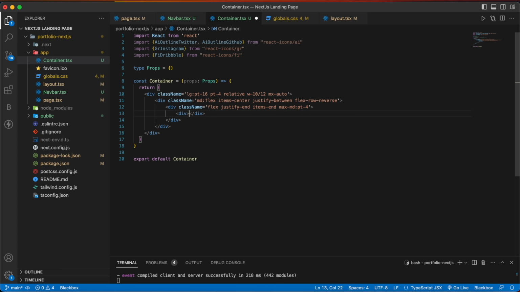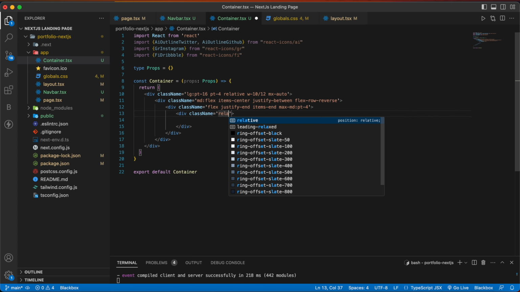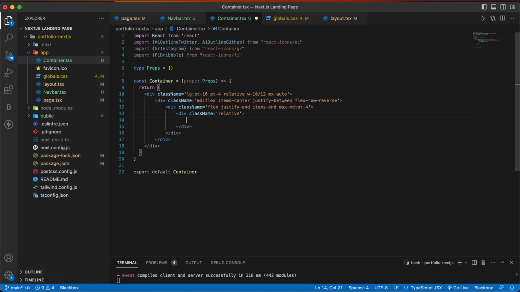After this, make one more div and give a position of relative, and then we are going to have our image here. So our image name is hand.png, and let's start giving the class names.